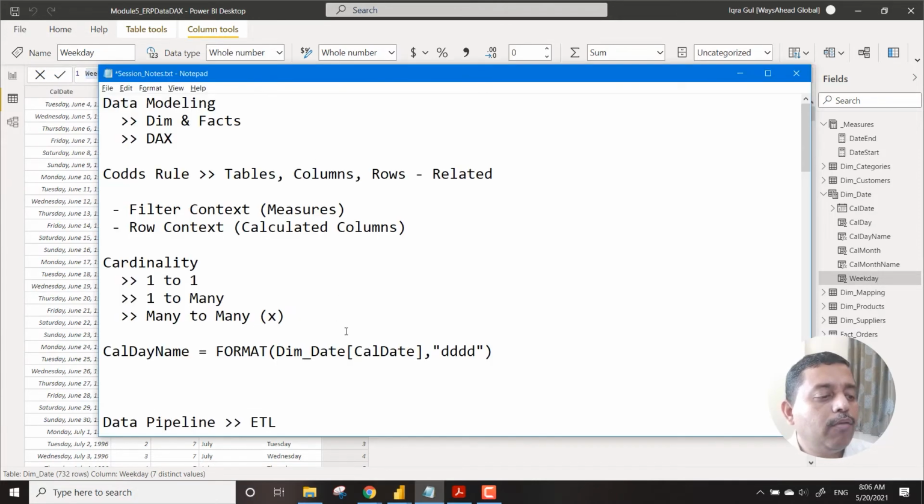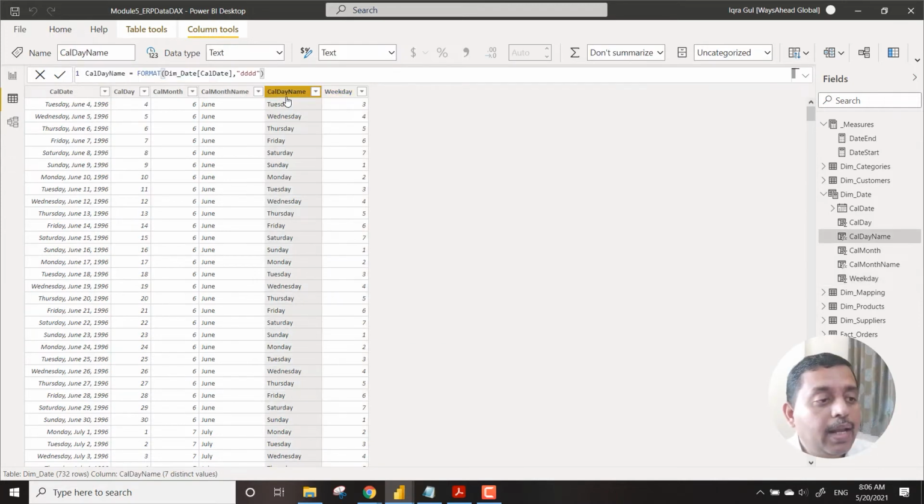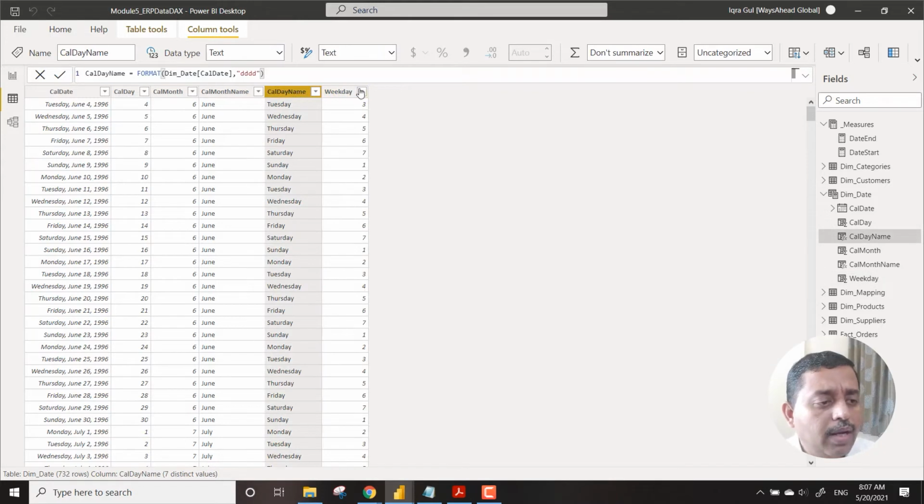So they should be following a pattern actually. So first of all we need to have the date, then we have the month, month name, then we should have the year, and then it follows. I mean, we can have the cal day name and weekday and all these things, and then weekend and all those details can come.